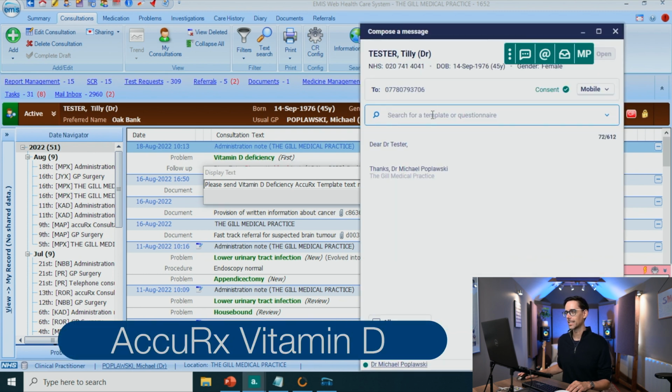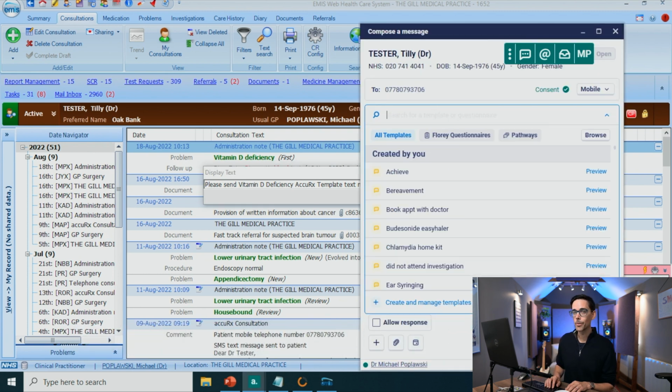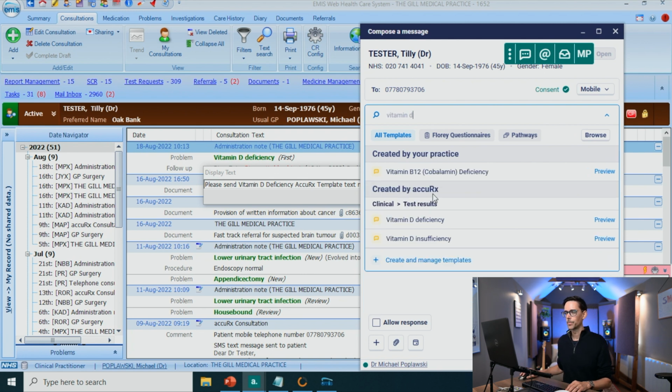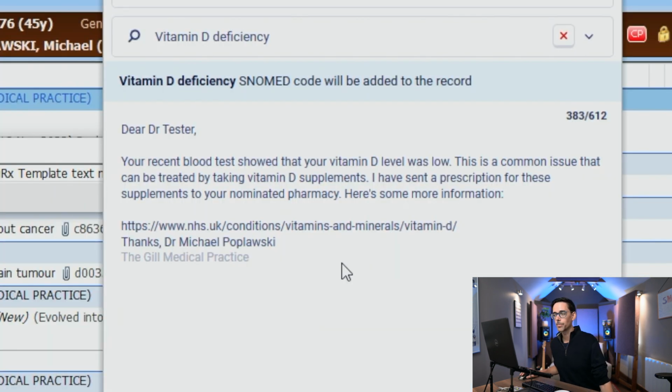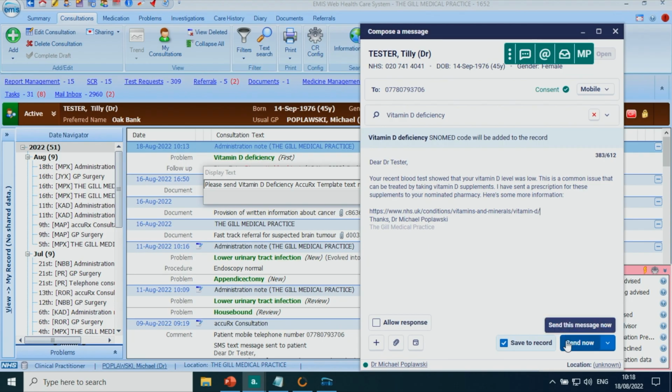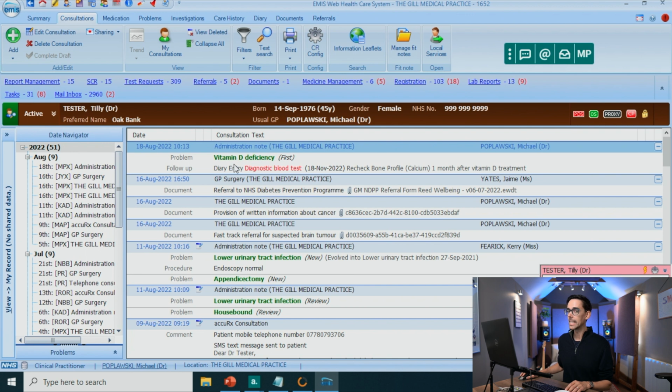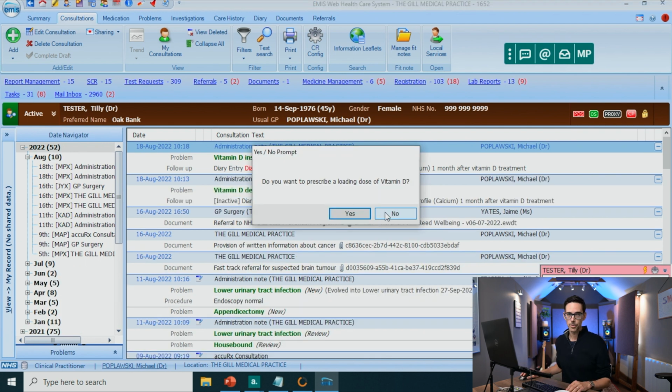If you go into AccuRx, now this is a template that AccuRx already has built in. Vitamin D, brilliant, vitamin D deficiency. So your recent blood test shows that your vitamin D was low, blah, blah, blah. And here is a link so that you can read a bit more about that. Click to send. Now let's try doing it with the insufficiency bit, and you don't want to prescribe the loading dose for whatever reason,